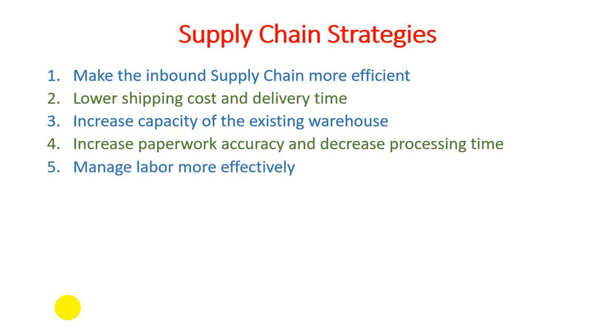Then manage labor more effectively, because everything is on the system, whatever the production is and what the time is, it should be defined by the production unit. It should be easily managed by supply chain management, and it should be reflected in the increasing capacity of existing warehouses. Then the sixth one, increasing the number of picked orders per day, because a global market